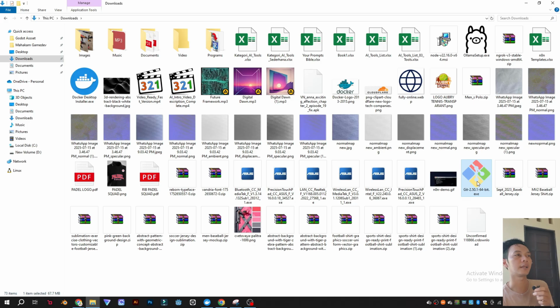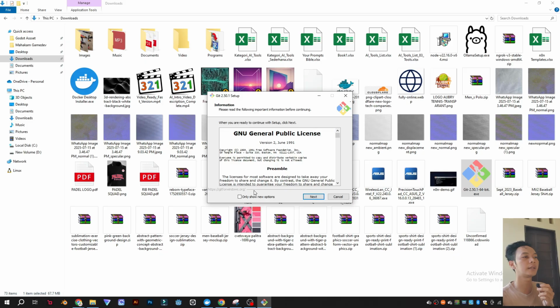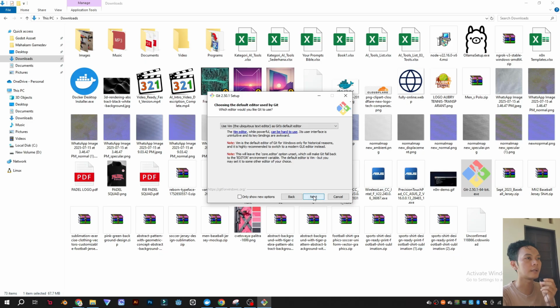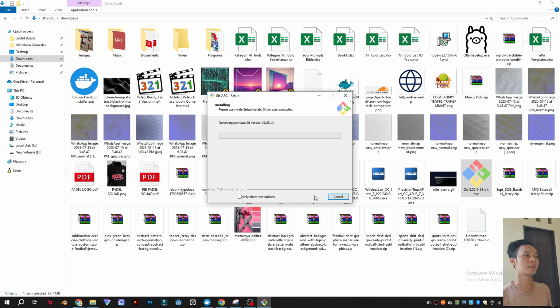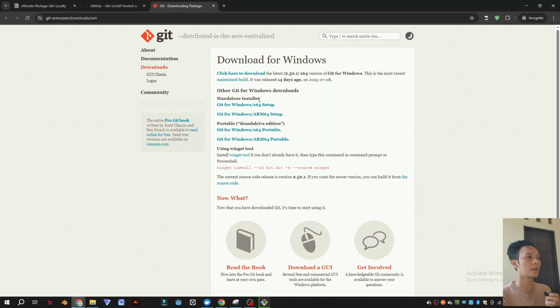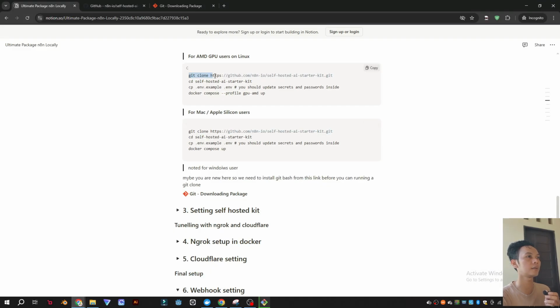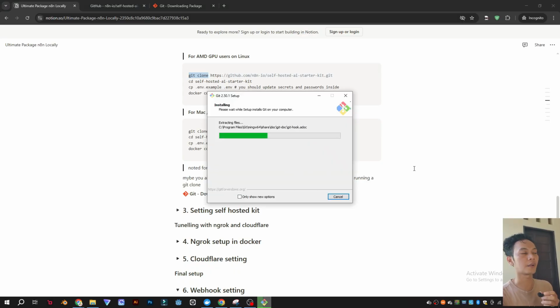If you don't install this on Windows, you probably can't use the git clone command. Just use the standard installation, just next, next. So you can see I already have it, and that's why I can use the git clone command from here. If you don't install this, you can't use this git clone command. So for the first time you need to install Git for Windows.